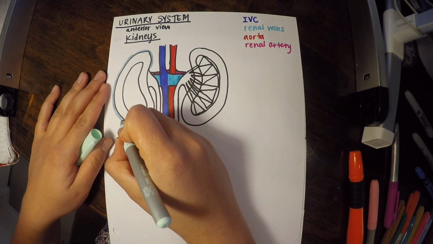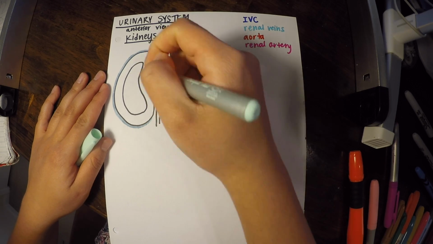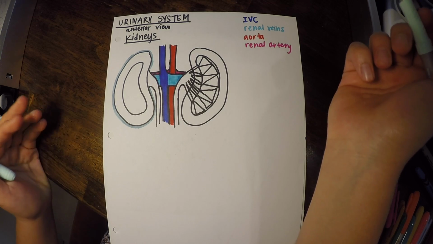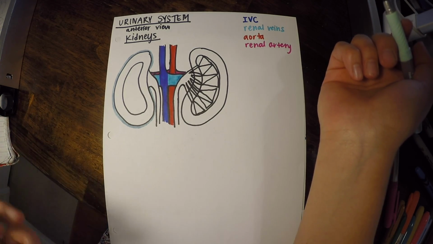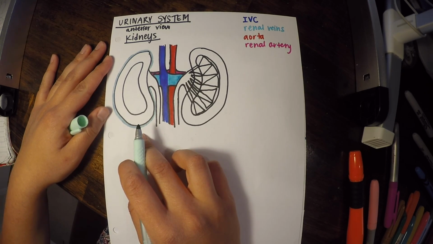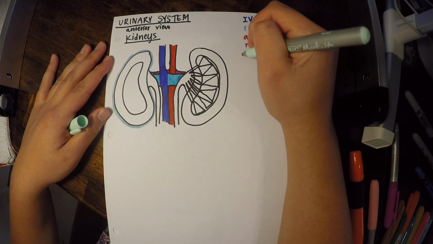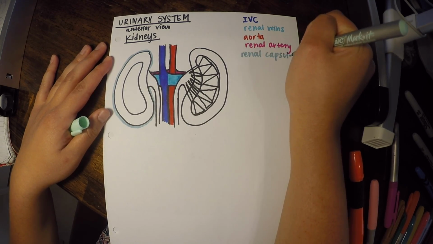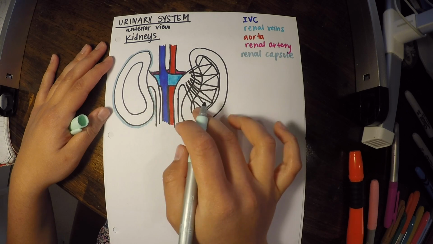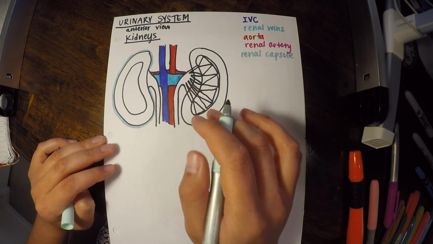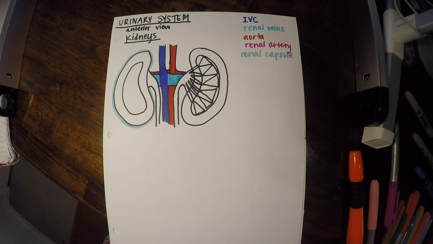So remember when we were talking about the meninges around the brain? And we described one as almost like a hot dog casing. It's going to be very snug and tight. That's going to be the same way that this renal capsule is around the kidney. And of course, all structures here will be on both aspects of each kidney, but we're just going to draw it on one because it makes it easier.